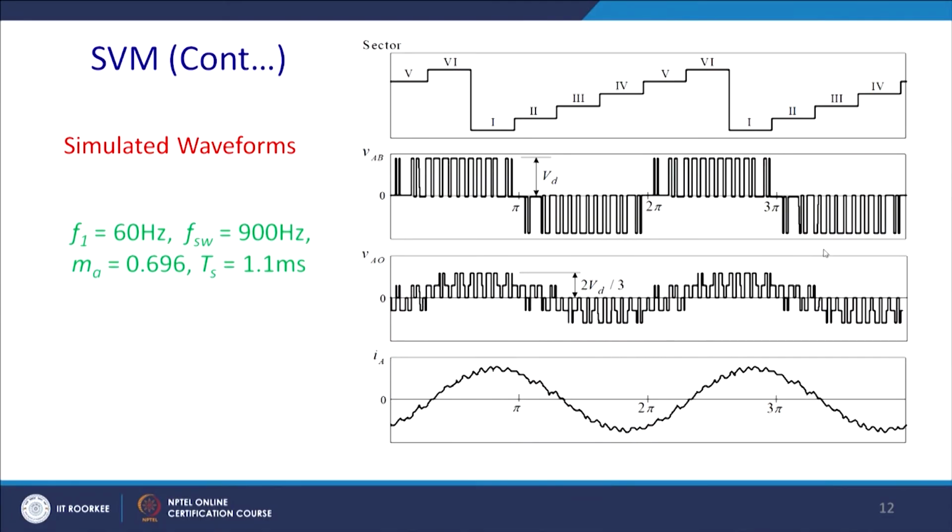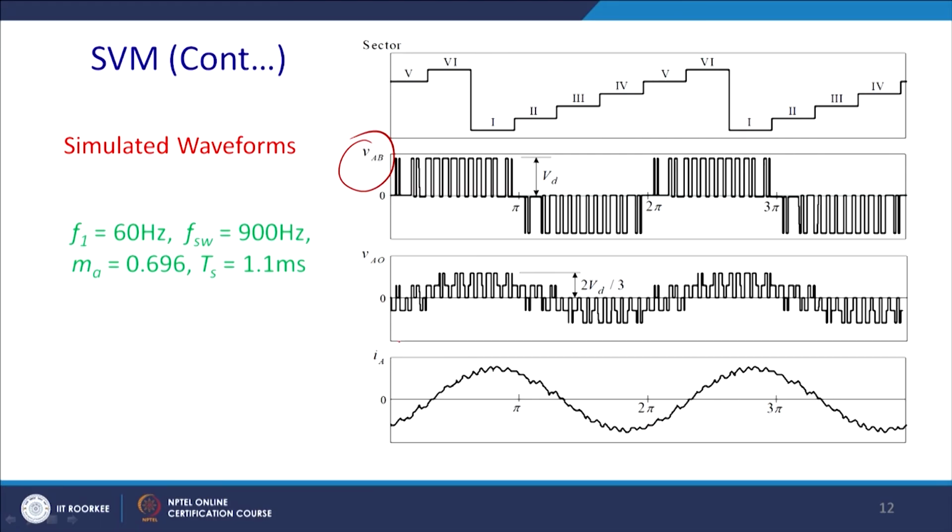So, you see that example. This is basically the sectors, and this is sector 5, sector 6, thereafter sector 1, sector 2 and so on. This is the way your switching changes, and this is the VAB, and this is the VD voltage, actually the decelerating voltages,